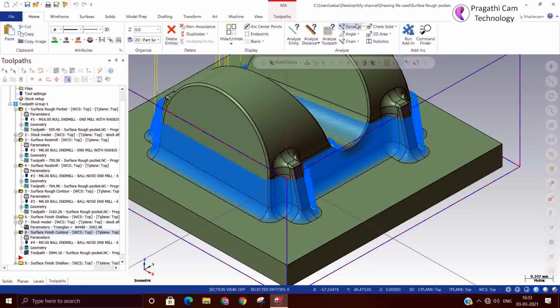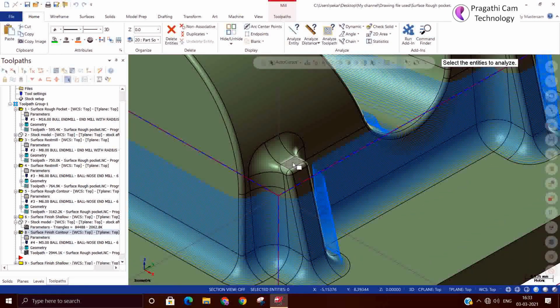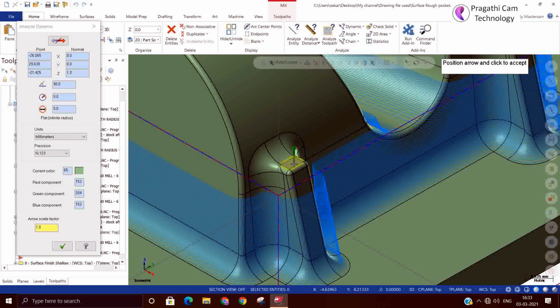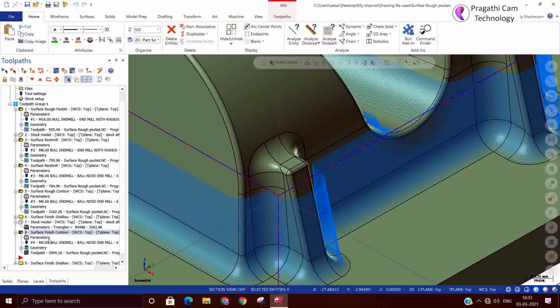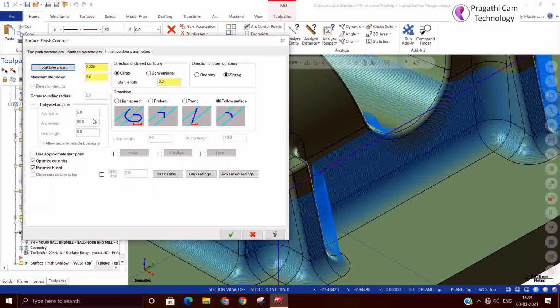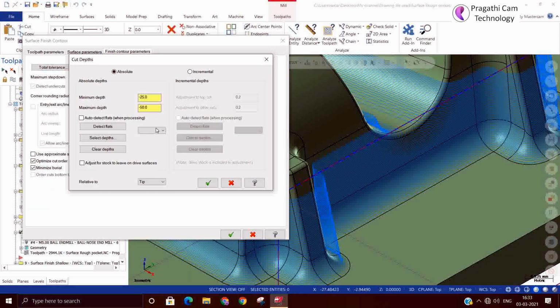So now we can analyze. Suppose I want to machine up to this height. How much is it? It is minus 21.425. Now I will go there, cut depth strategy, minus 21.425, from the top or from 0.